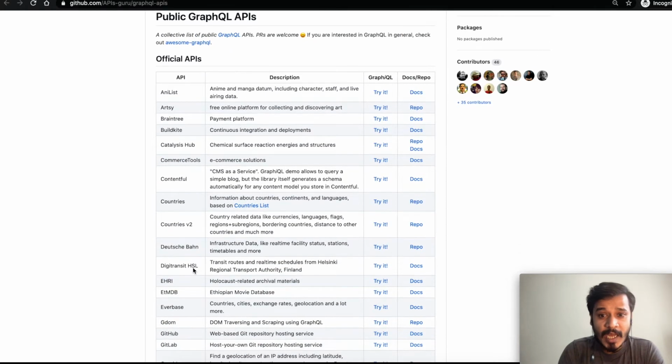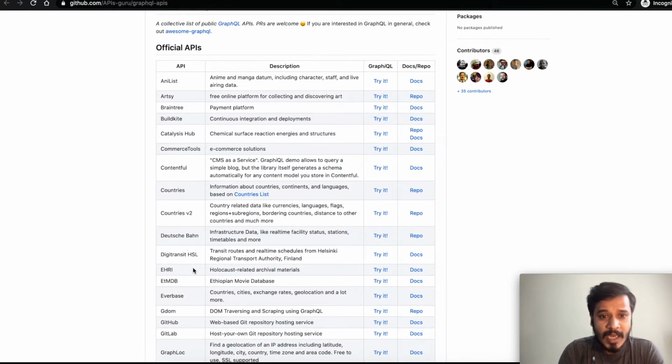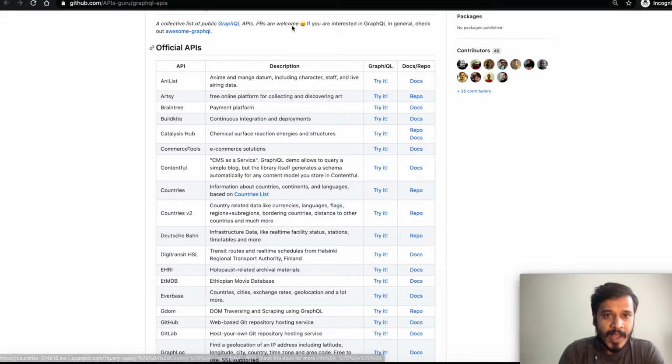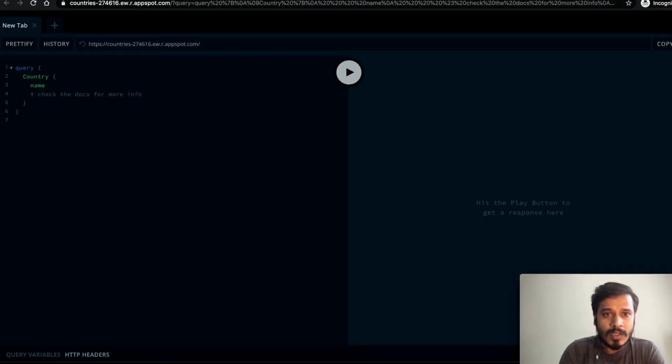But since I wanted to automate the APIs, I will be picking up one API. So let us pick up this country API, maybe this one. Before automating it, I want to try it whether it's working fine or not. So I will just open this link in a new tab, and I will just go on this tab, and I will try to see.